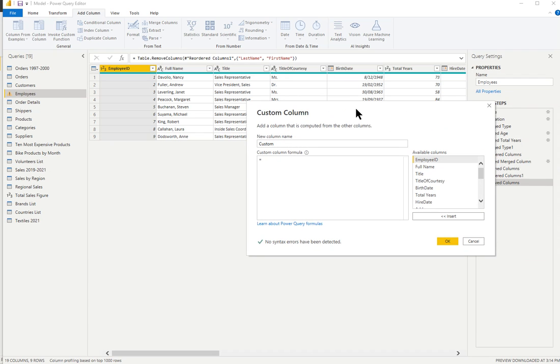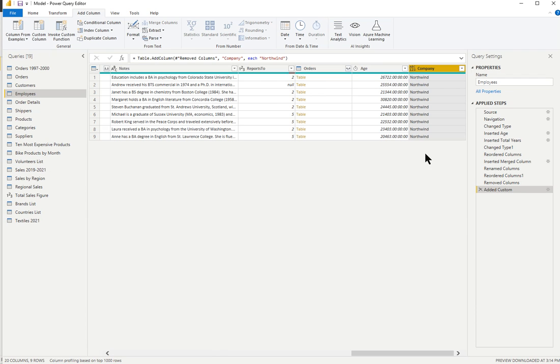Immediately this comes up and says, well, what do you want to name the column? Well, I want to name it company. And then what's the formula that says what goes in this column? Well, it's just text, so double quote whenever it's text, and then type Northwind. That's the name of the company. So as soon as I click OK, it will have created a column at the very end of the query